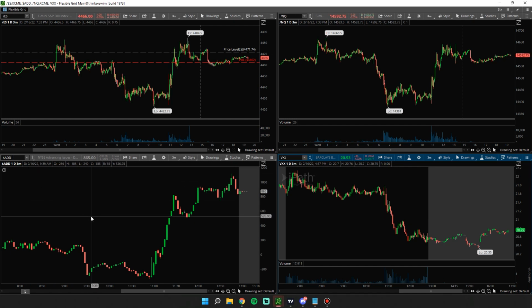AD is the advancing and declining index. You can see this is represented by a number. I'm just going to read this. The advancing declining index is a market breadth indicator that represents the cumulative difference between the number of advancing and declining stocks within a given index. For this one, actually this is perfect for today, if you're at 500 on AD,